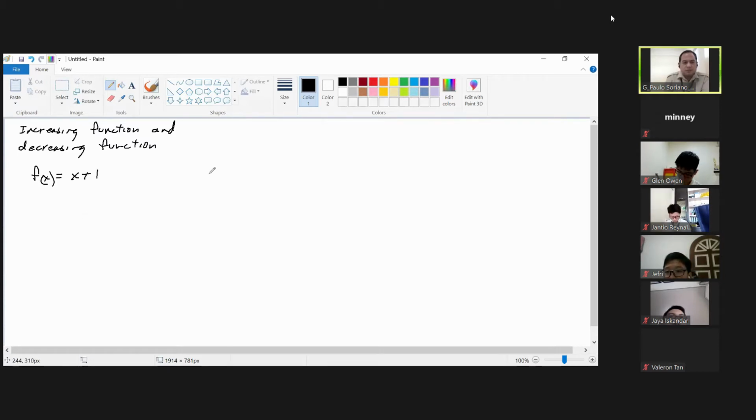Basically, if we are going to graph this, we will have something like this. Now, the thing here is, depending on the behavior of the function or the values of x that we are going to place here, an increasing function is defined as